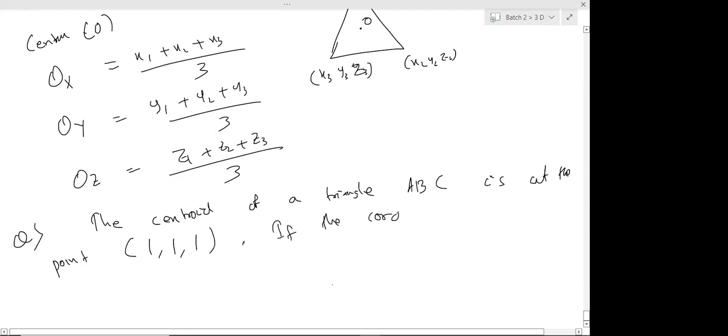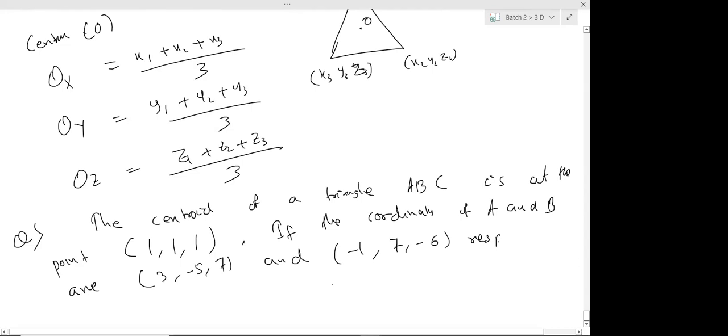If the coordinates of A and B are 3, -5 and 7 and -1, 7 and -6 respectively,